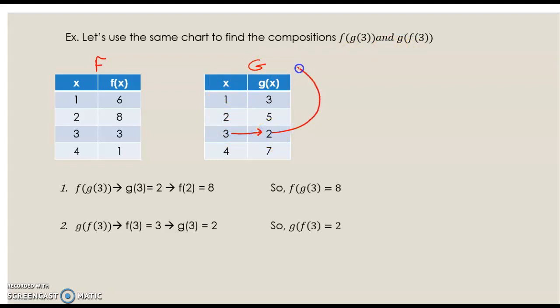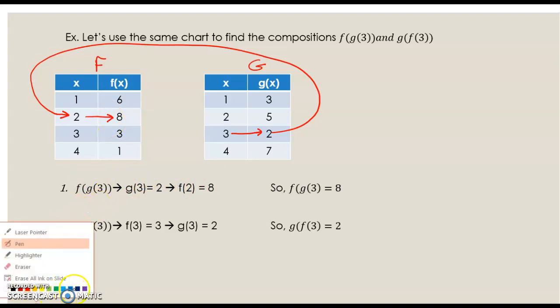And we're going to take that 2 and match it up here on f, and 2 will go to 8. Here it is in symbols. g of 3 equals 2. So f of 2 equals 8. Okay? So that was our first one. We started here,